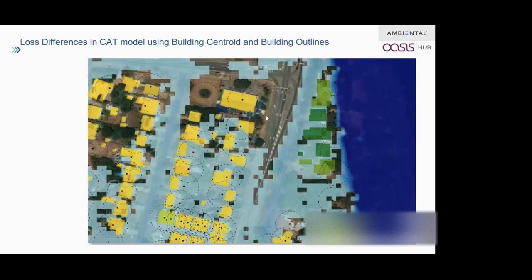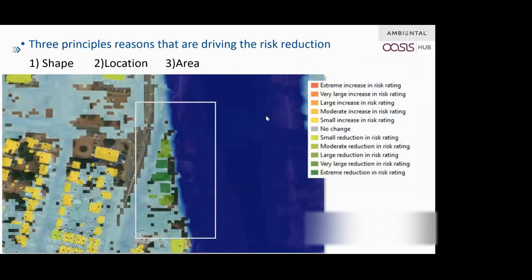So the risk score is based on the buffer shown in a dotted line for database 1, or we can call it FloodScore 1. And FloodScore 2 was derived on the polygons you see, which is the actual building outline, which represents the true shape of the building. So we compared these two data sets, and Rob, next slide, please, which has the results actually. When the risk scores were compared between these two data sets and the delta was plotted and color coded, we noticed some interesting results. So let us just focus on the box area here.